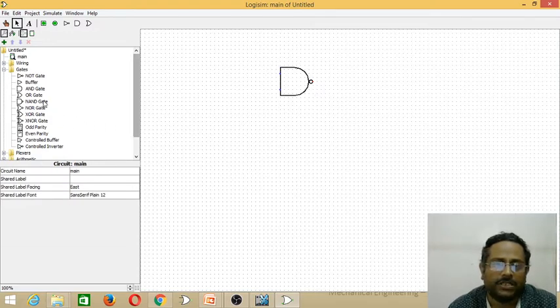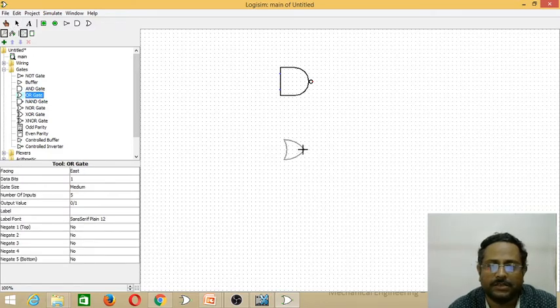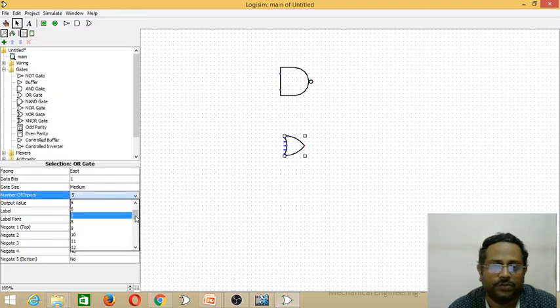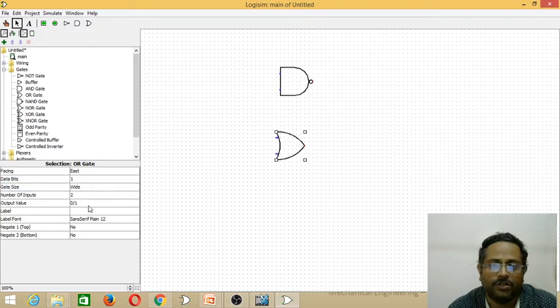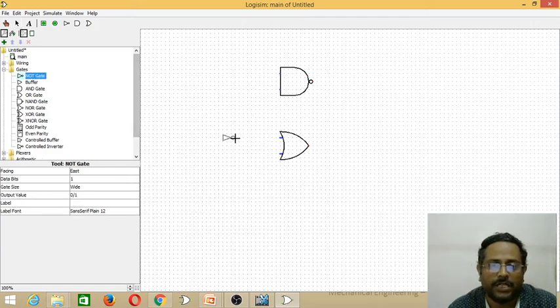Next, we construct the negative OR gate by placing an OR gate on the canvas, changing the inputs from 5 to 2 in the attribute panel and the size to medium or wide in the same way as previously. And you have to place two NOT gates in a similar way. These are the different gates we require to construct the first theorem logic circuits.